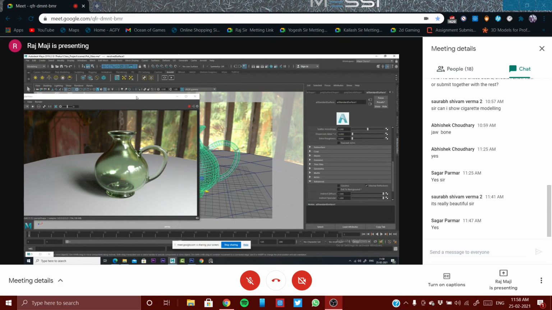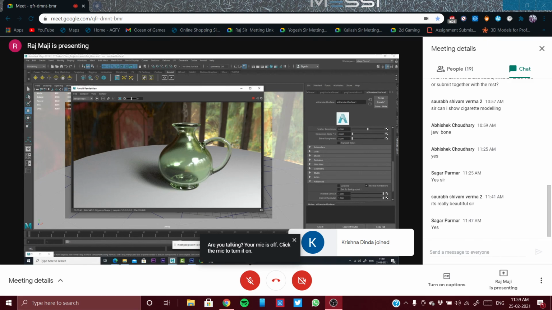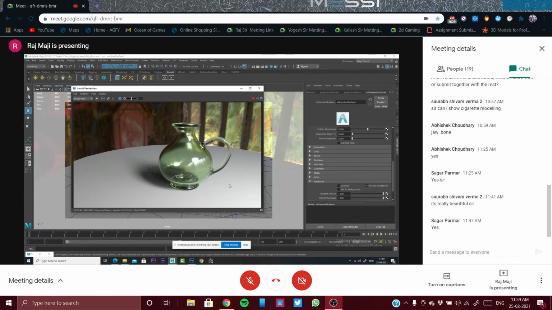The material is selected, and inside that there is one advanced property, and in that there is something called caustics. So in the shadow, sometimes under the glass, if sunlight is hitting the glass, you can see one white bright light coming in the shadow. So that is called caustic basically.